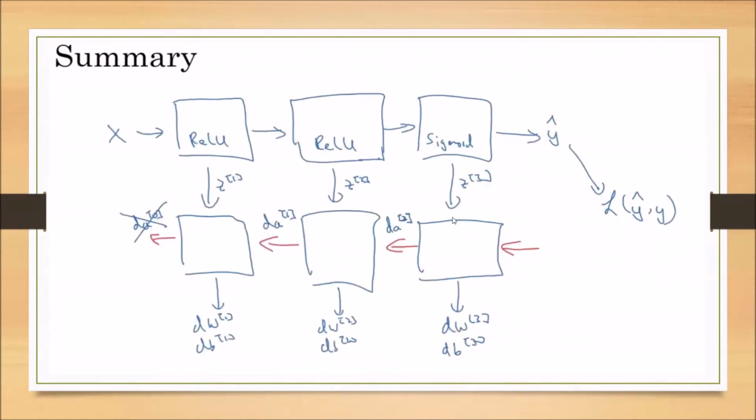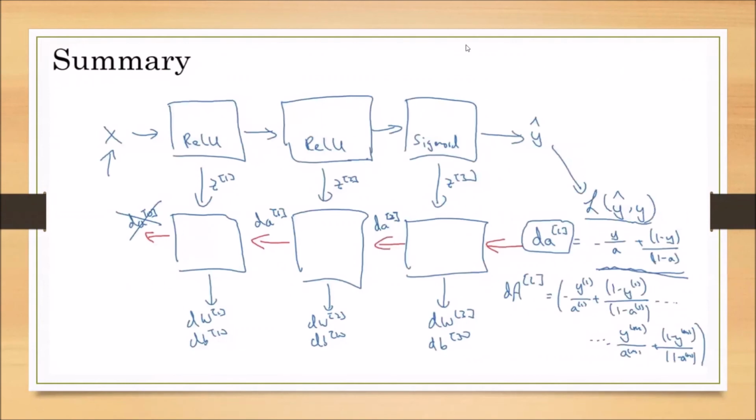So this is the summary of what we have performed. First we have taken the X. We are taking the rectified linear unit as the function for the hidden activation units. By using A superscript 0, we calculated A1. By using A1, we have calculated A2. Similarly, by using A2, we have calculated A3 and so on. Finally, we have calculated the AL, the last layer activation units, which give the predicted outputs.